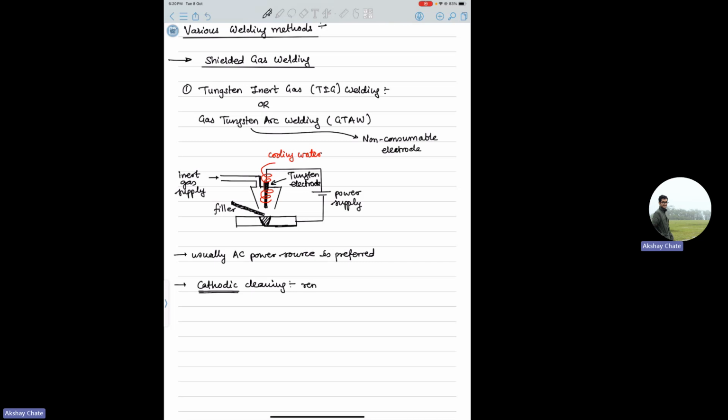So this is nothing but a removal of oxides from cathode. So cathode is typically positive, right? Anode is negative, no? So cathode. Okay. So cathodic cleaning is removal of oxides from the cathode surface